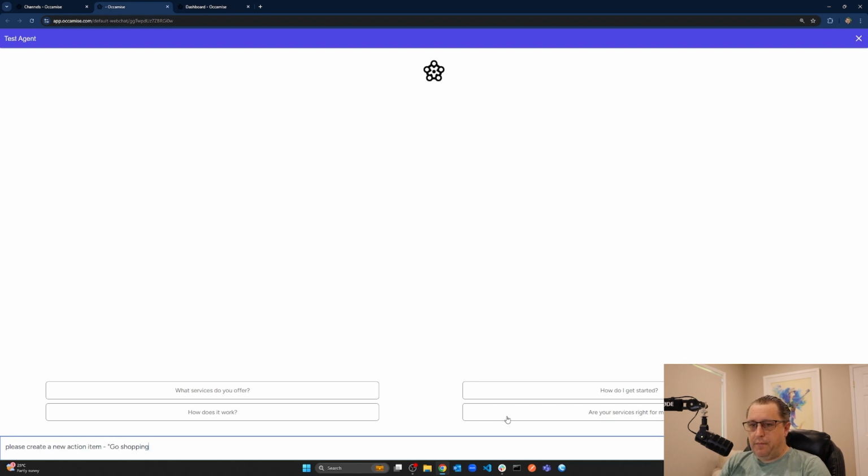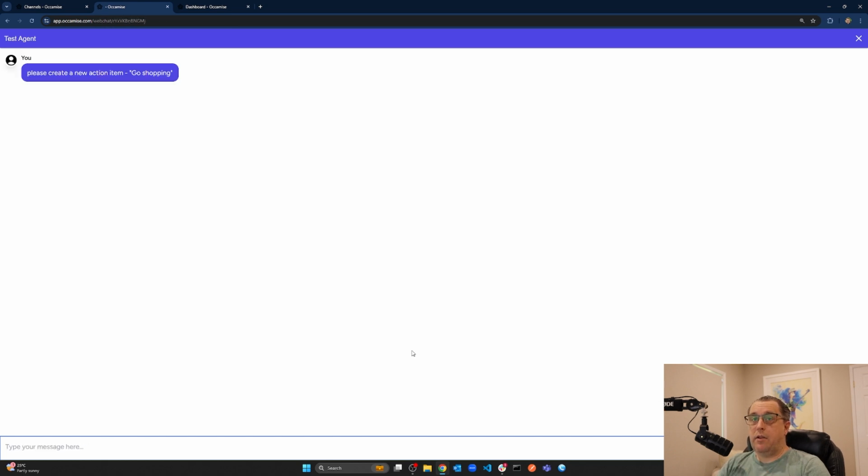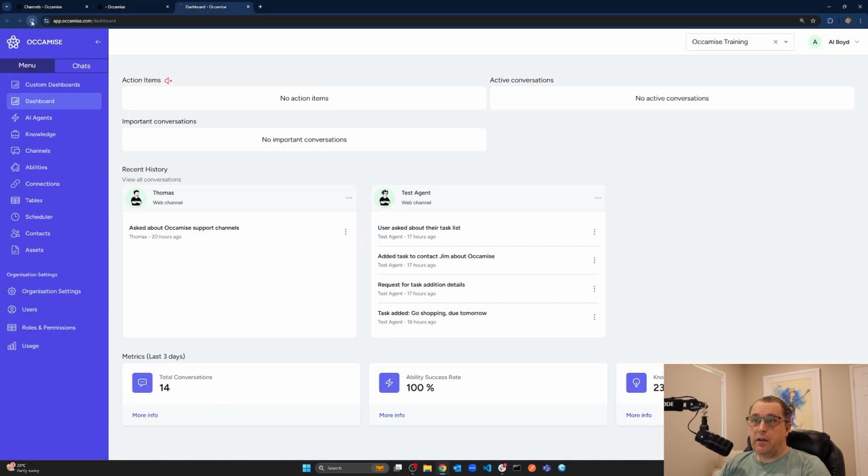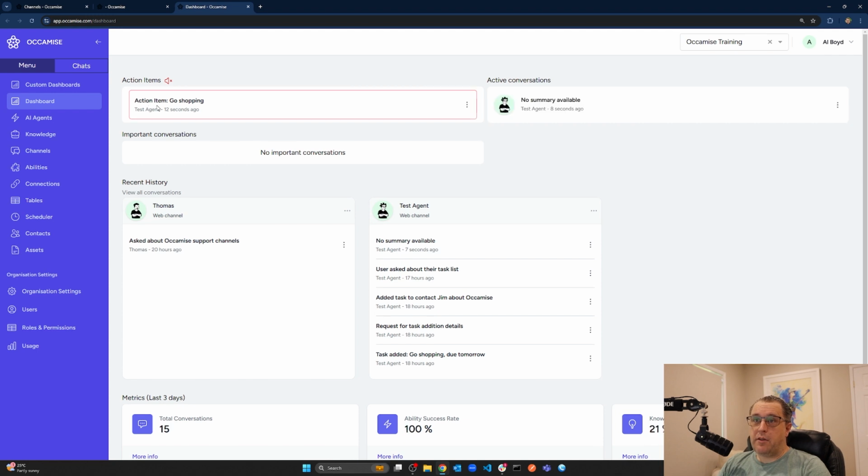Go shopping. Okay, so I'm going to hit enter on that. Now the agent has seen the request from the user. It's clearly asking for an action item to be created. It knows it has an ability to create an action item, and it knows how it should populate the content, and so it's gone ahead and created that action item. So if we come over to our dashboard now, and I hit refresh, we have "action item: go shopping," which is exactly what I asked it to do, always prepending with the words "action item" and then the content